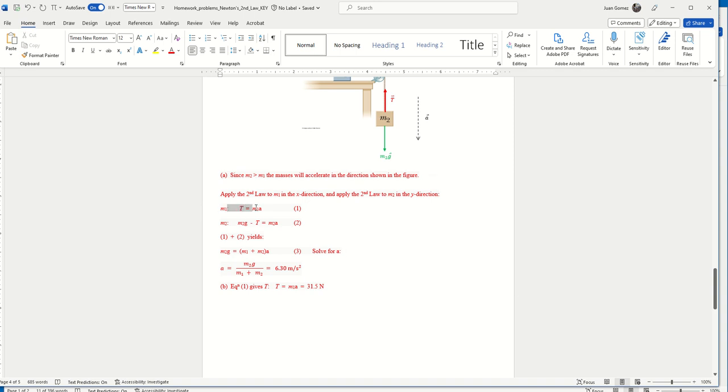When you have these 2 equations, this is equation 1, this is equation 2. So just add equation 1 plus equation 2. And on the left-hand side, you get T plus m2g minus T, so you get m2g. On the right-hand side, you get m1a plus m2a, i.e., in parentheses, m1 plus m2 times a. Divide both sides by the term in parentheses,